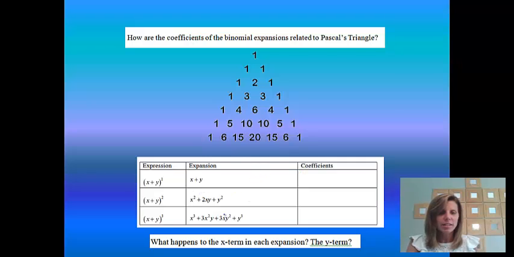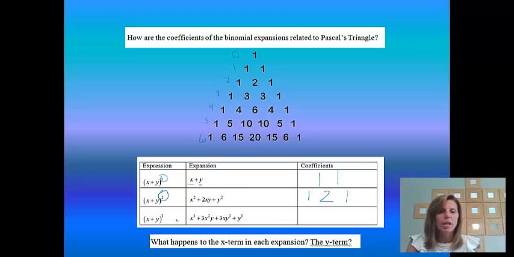The next thing is what happens to the x term in each expansion. So if you'll notice here, this doesn't really do anything for us. We've just got x and y. And notice the expansion was to the first power, and we used 1 and 1. So we're going to call this row 0. This would be row 1, row 2, row 3, row 4, row 5, row 6. So if I was in row 1, that's where my coefficients came from. If it's to the second power, we're going to look at row 2, and my coefficients were 1, 2,